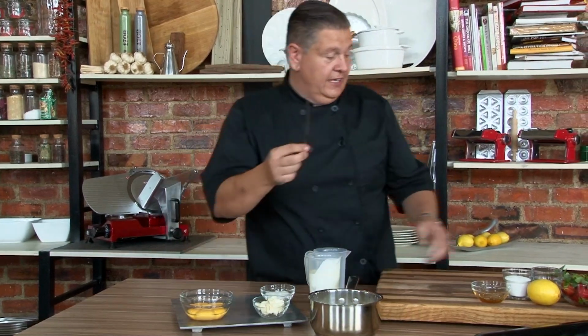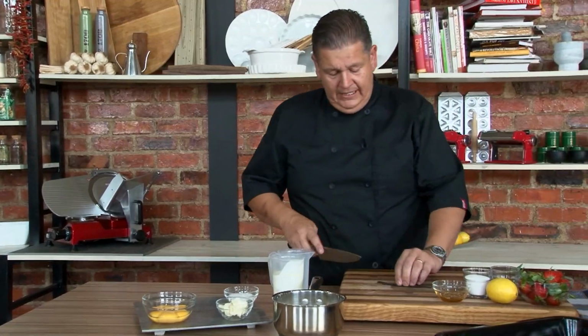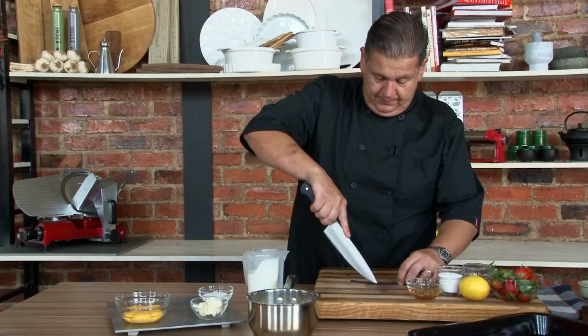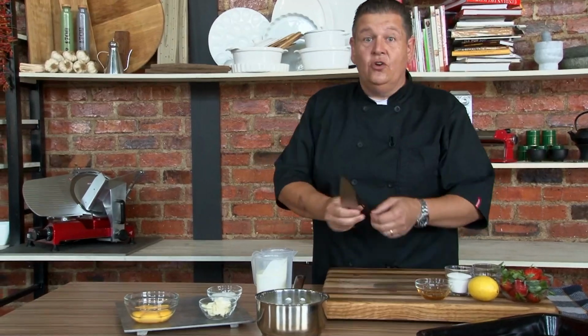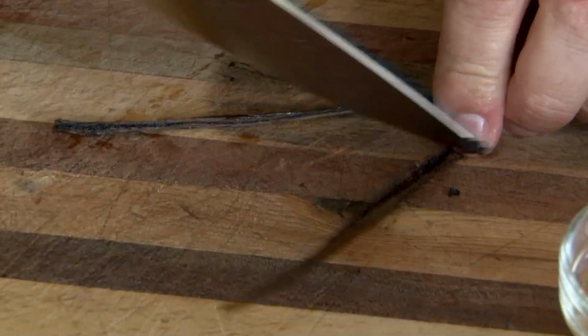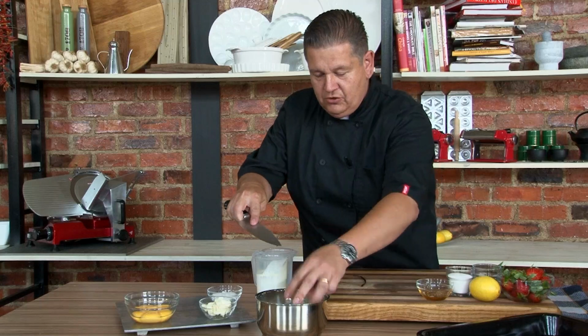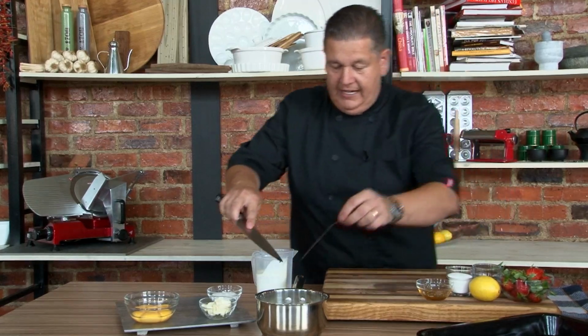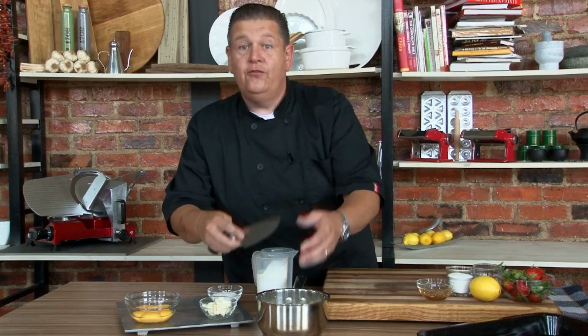and then we're gonna take our vanilla bean and we're gonna split our vanilla bean in half and scratch out all the seeds. And the seeds is basically what's gonna give the extra flavor. We put also the vanilla bean completely in the milk and let it cook so it can give full flavor